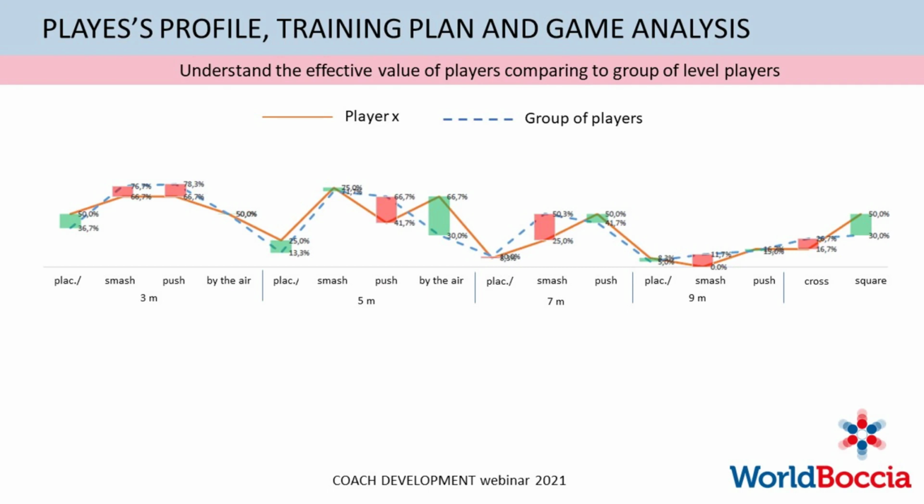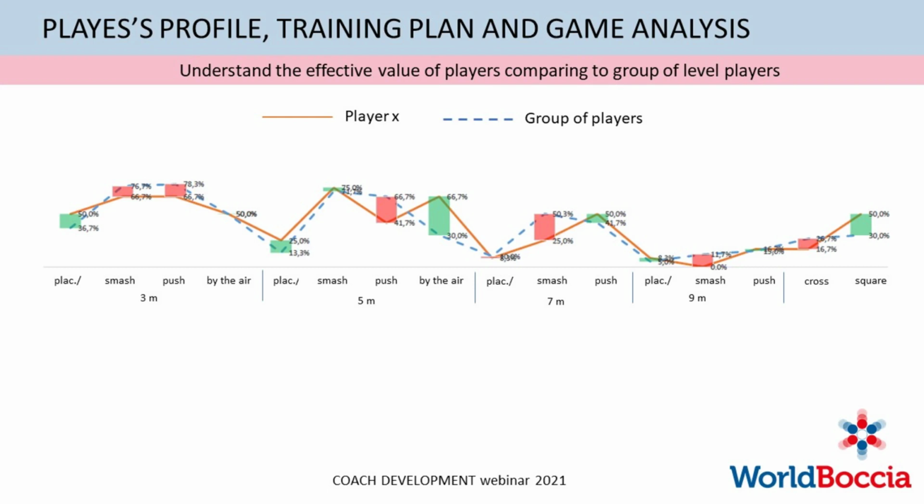So again, here, if you have the information of one player and you have the information of all the other players, we can easily understand where the strengths and the weaknesses of the player are. And here the player is in orange, the group of players is in blue, and in green we have the points where he is better, and in red the points where he is worse than the group. So it's easier to understand